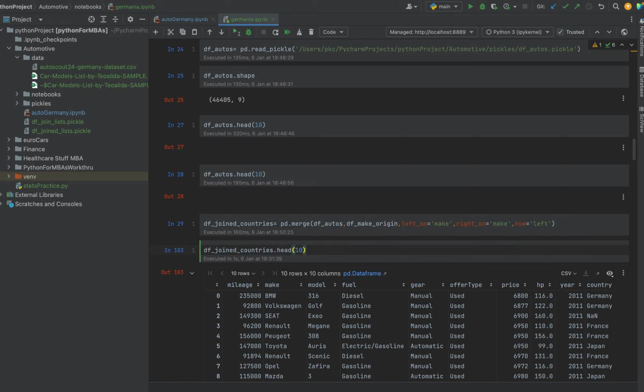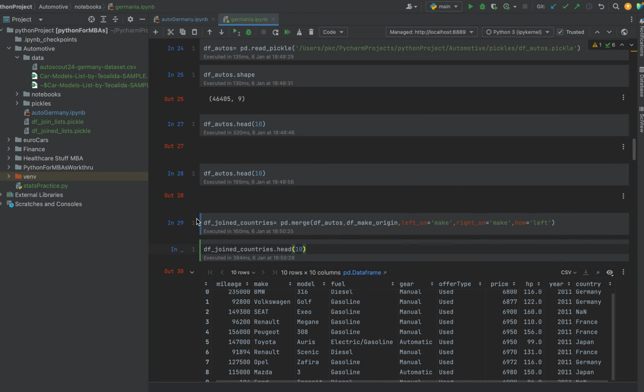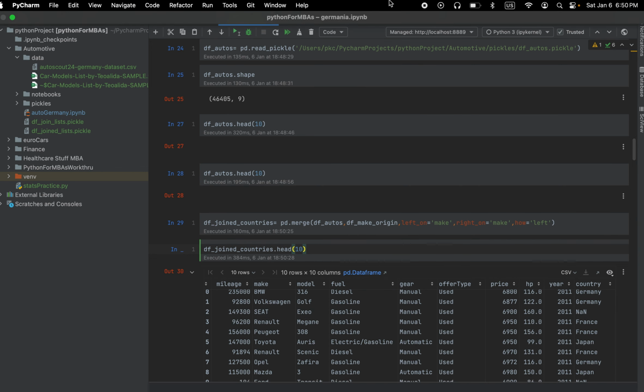As you can see already, if you're looking ahead, boom, look at that. I have BMW, says it's German, Renault is French, Toyota is Japanese. I'm going to take a pause there, and then I'm going to show some issues I had with the join and how I worked through